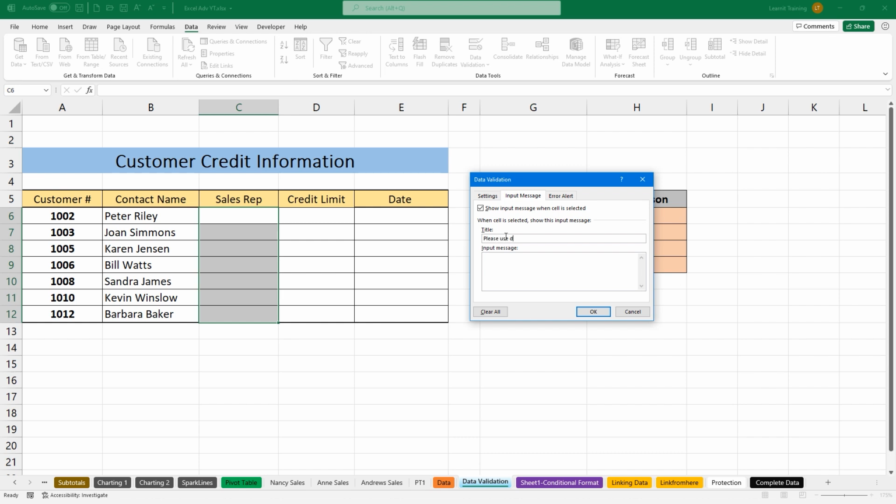Please use drop-down. Just make sure that all the spelling is consistent for our sales rep. I also have an error message. And when you hit OK here, now that I've set up an input message and an error alert,